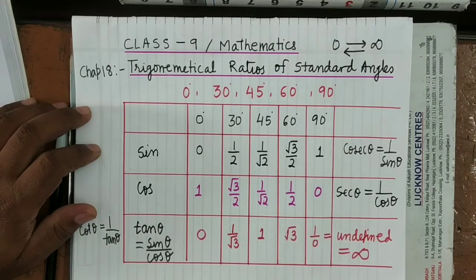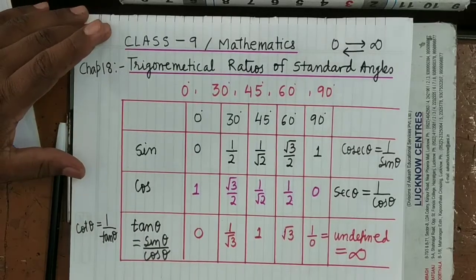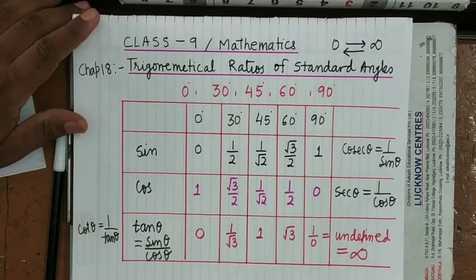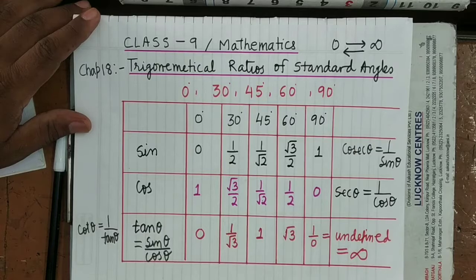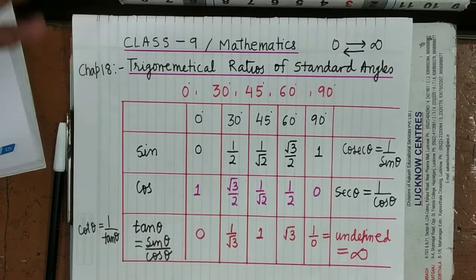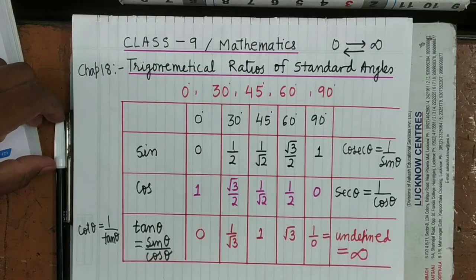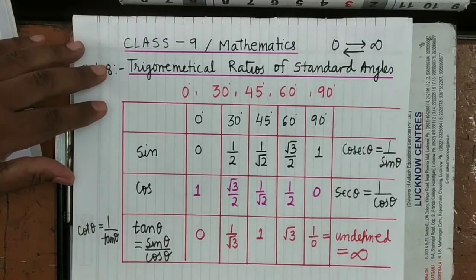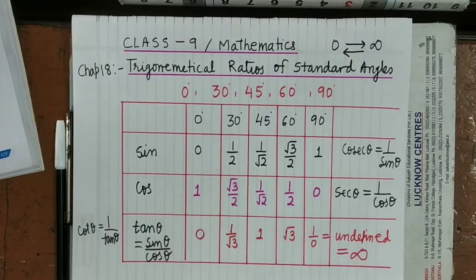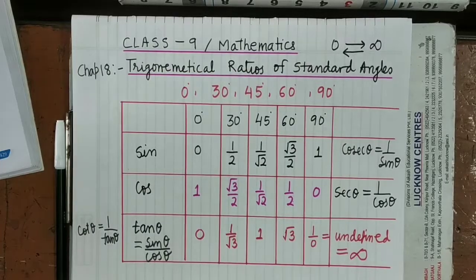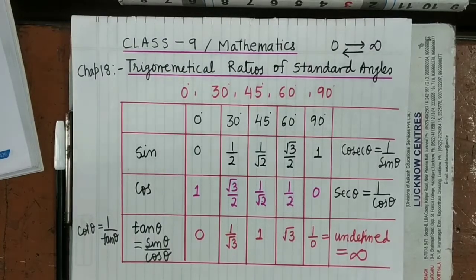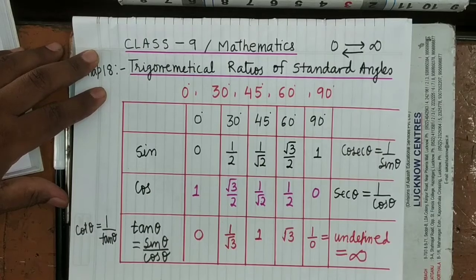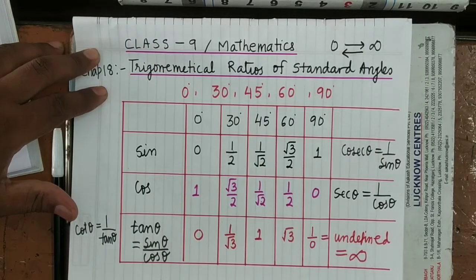Now see here, how will you memorize and remember this table? It will be better by practicing more and more questions. You will be able to memorize this. It should be learned by heart. Suppose I ask sine 30, you immediately answer 1 by 2. Cos 0 degree is 1, sine 0 degree is 0, sine 45 degree is 1 upon root 2, like that. You will be able to do it after practice and memorizing.